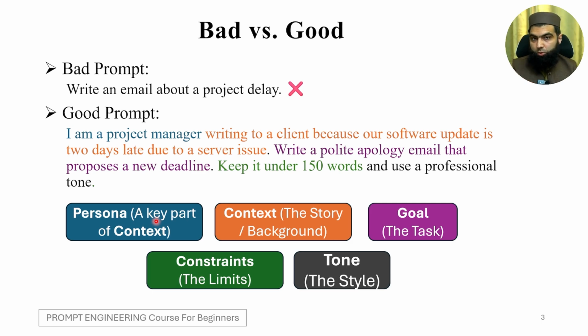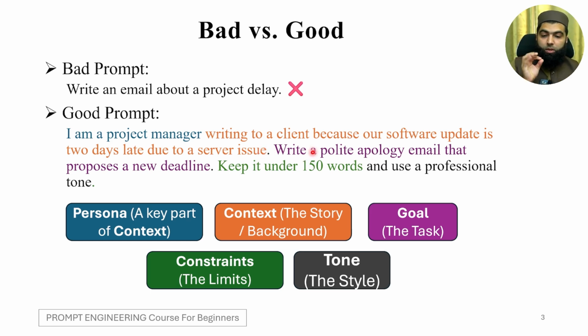We need to tell it the story. Persona is also one part of the story, a key part of context, so we tell it, I'm a project manager. The second thing is writing to a client because our software update is 2 days late due to a server issue. Now, look at this orange line. This is also context. This is the story and background that we need to tell it, why I am writing this email. So I'm telling it my role, the persona, who I am, and why I am writing this email,